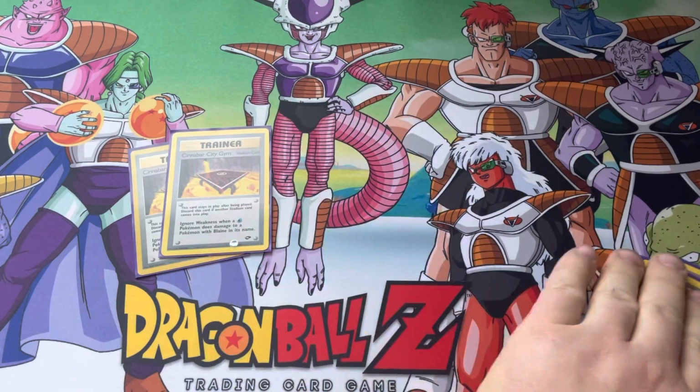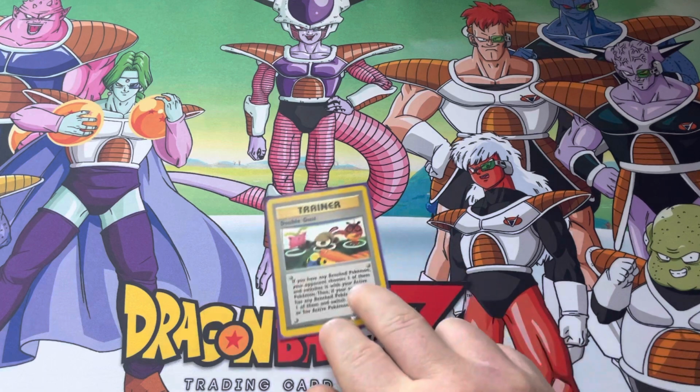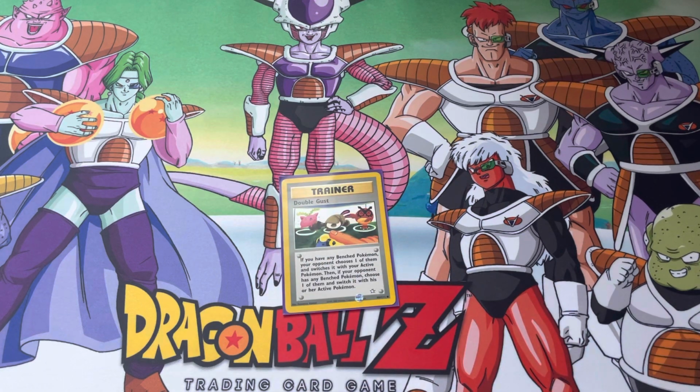Cool. So that does it for the trainer cards. So lastly, we will get into the energy cards. There isn't really a whole lot. Oh, and actually we got one double gust as well. Pardon me. So with this here,